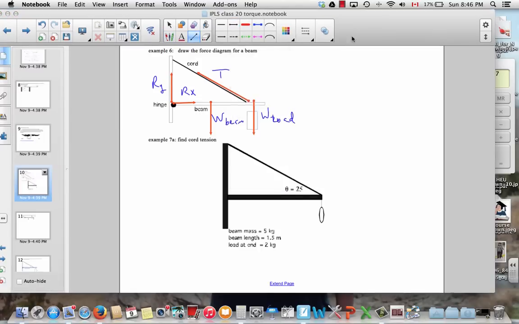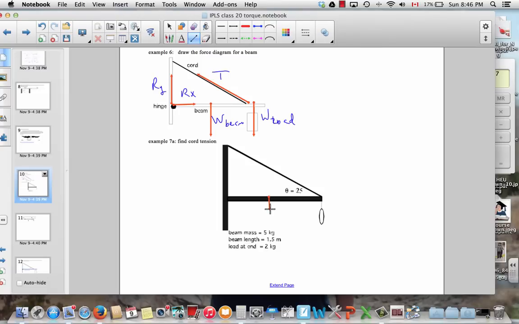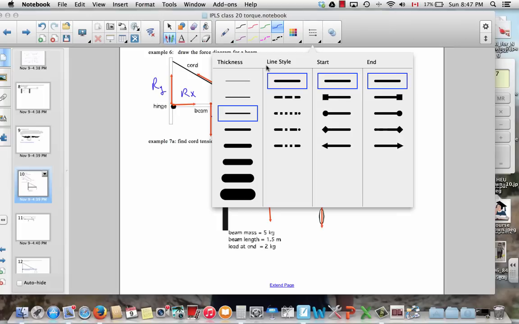Let's just get practice, go through that again. So here's the beam. The beam has weight, and because it's 5 kilograms, that's 5 G's of weight. The load at the end is 2 kilograms, so that's 2 G's of weight. Then there's tension in the cord, and two components of reaction at the hinge, whatever hinge happens to be there at the connection point of the beam to